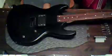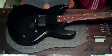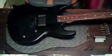But I'm happy with how it's coming out so far. We did run into a couple of glitches. Had we not run into those glitches, probably would have finished the guitar tonight. But that's okay. It's not that big of a deal. I'll live. Okay. That being said,